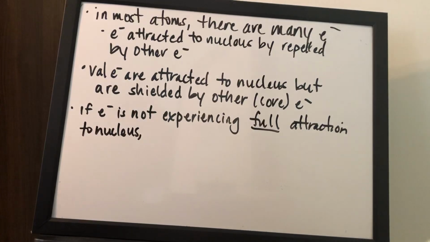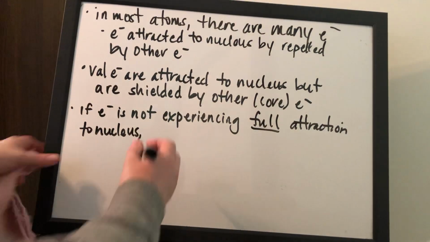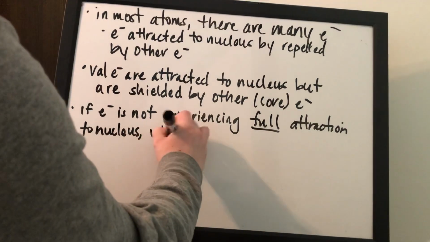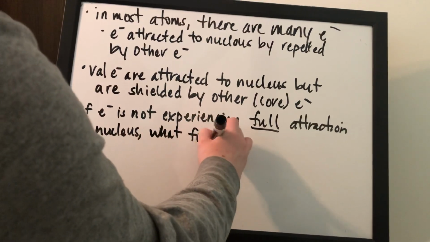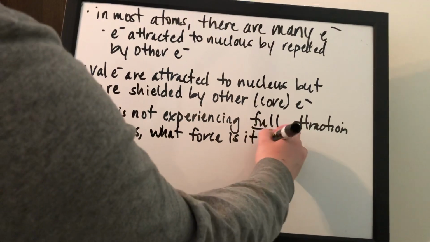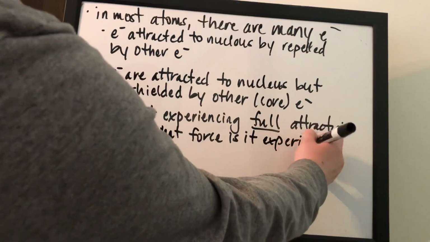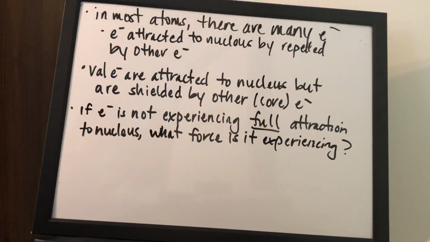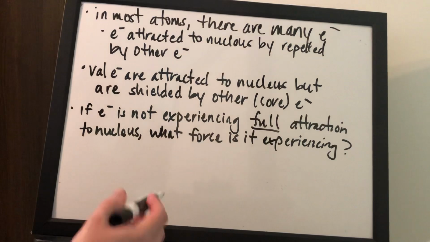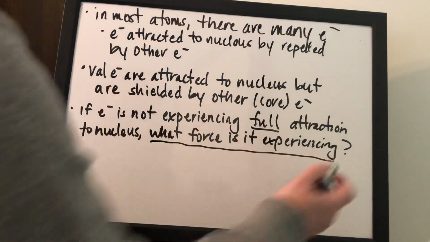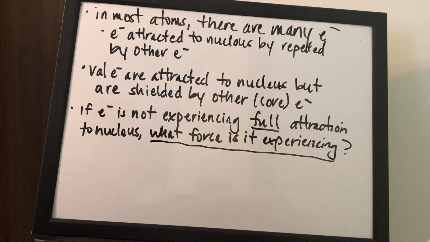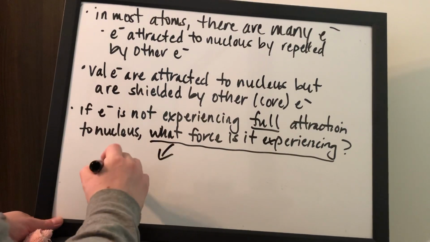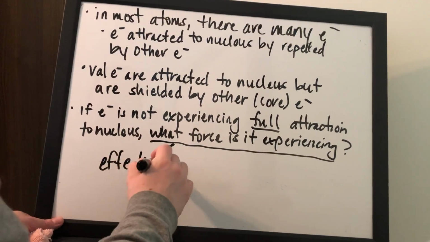If the electron's not experiencing the full nuclear attraction, what force is it experiencing? Or maybe how much of the maximum could it be experiencing, if that makes any sense at all? So there's a little formula that we're going to get into, and this idea is called effective nuclear charge. So if it's not the full attractive force, what force is it? That force is called the effective nuclear